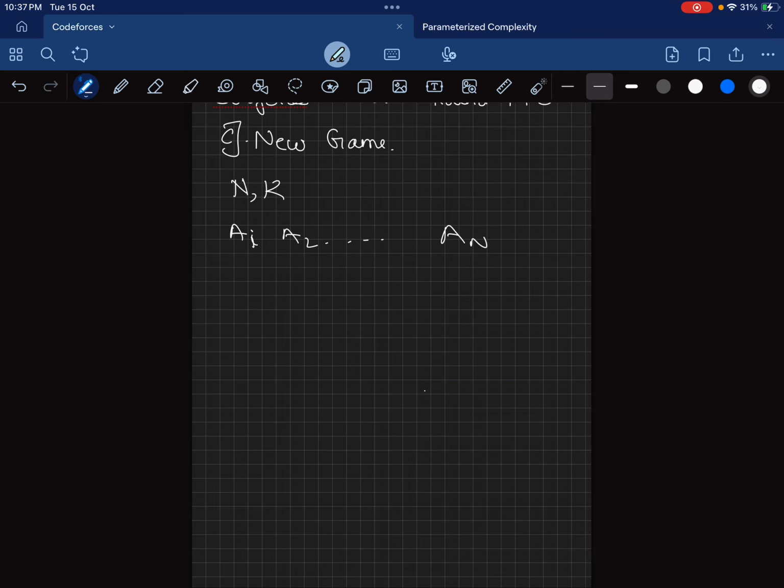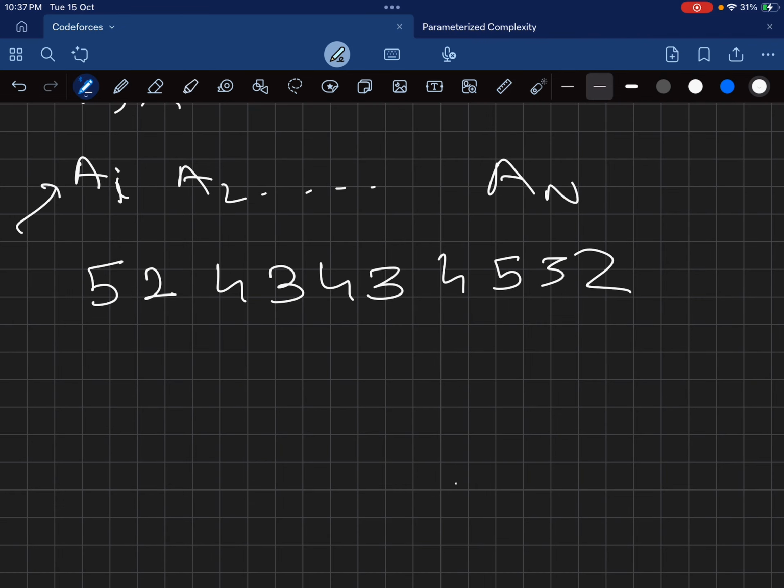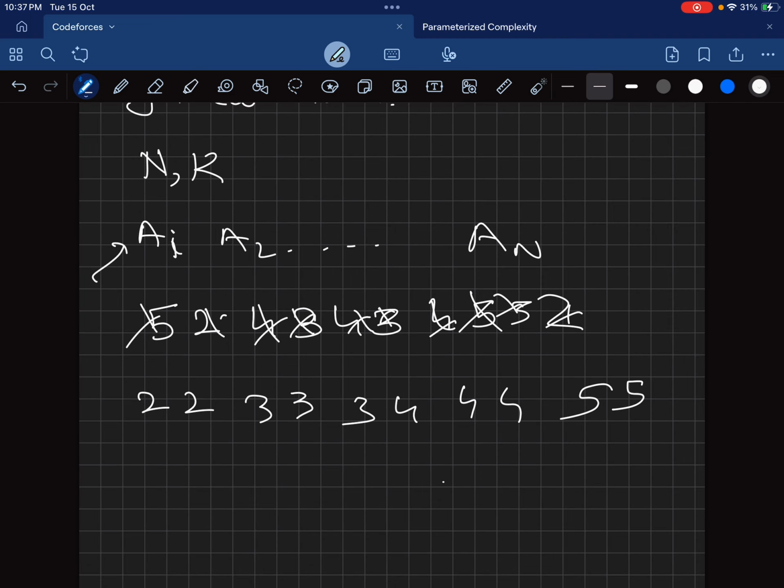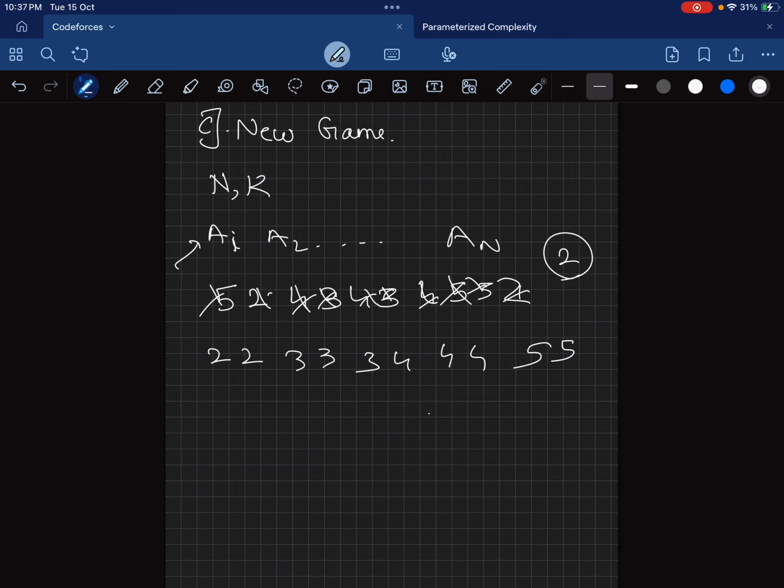The simple thing is, we'll first sort the array that is given to us. I will take an example, the first sample input. This is given to us. Now when we sort this, we get 2 2 3 3 3 4 4 4 5 and 5. Okay, and in this case k is equal to 2. So obviously the optimal answer is picking 3 first, then picking all of the 3s and then all of the 4s. Okay,